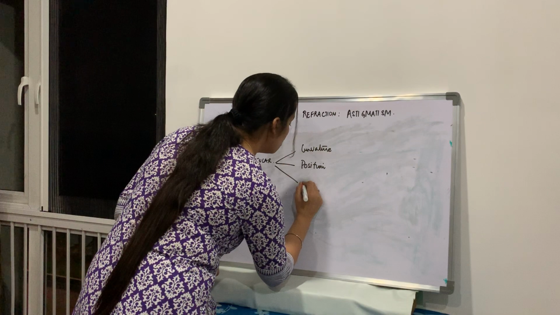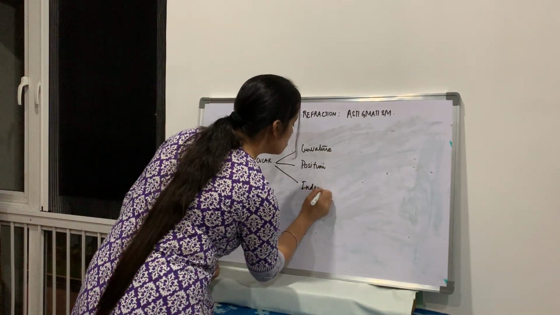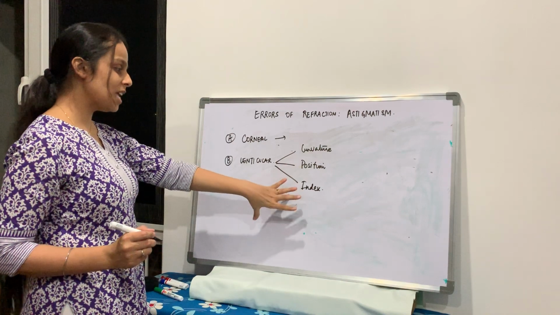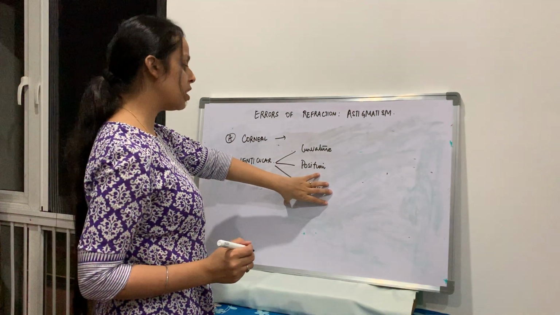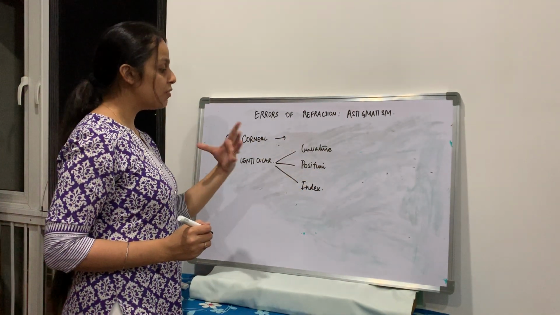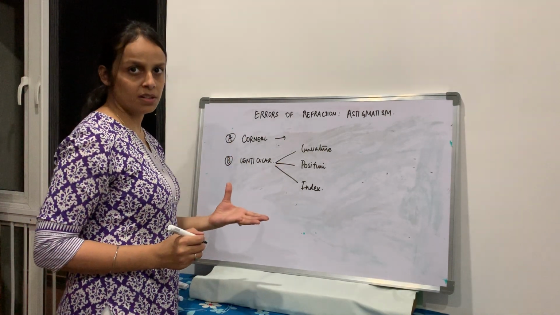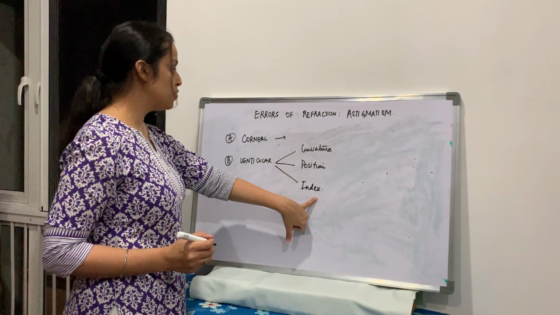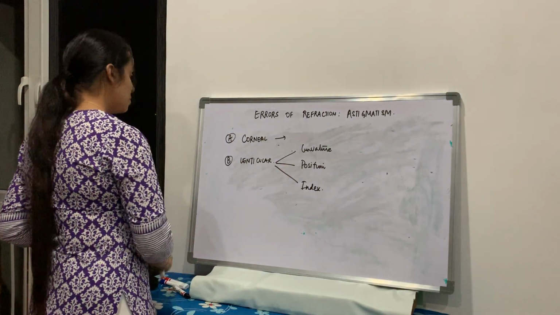Or it can be due to the refractive index of the lens. In that case, it is going to be called index astigmatism. This happens in early stages of cataract where the lens will have a different refractive index in different meridians. So that is when your index lenticular astigmatism happens. Okay. The most common amongst them is